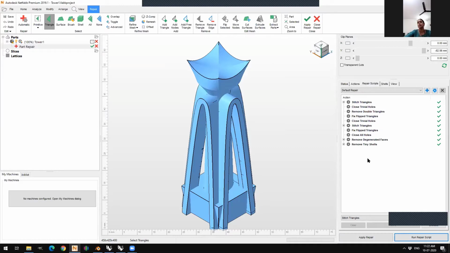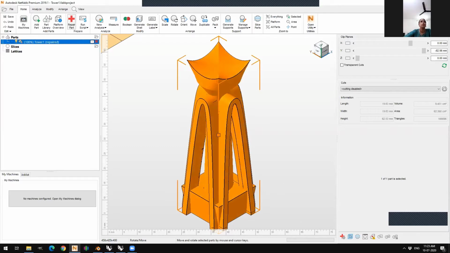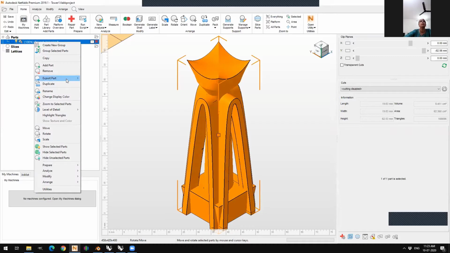See this? Stitch triangles, close holes, remove doubles, you have removed degenerated faces or tiny shells. Once you're done, I'm going to say apply, and you'll see that there is no more warning out here. The file is clean, and I can now use it for the machine.